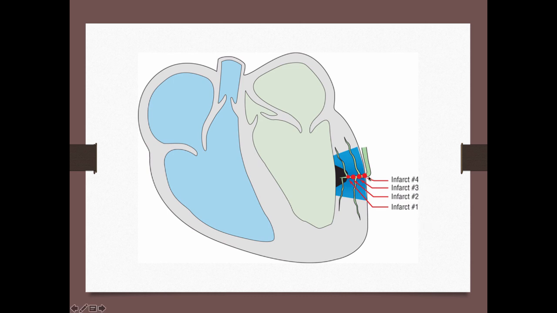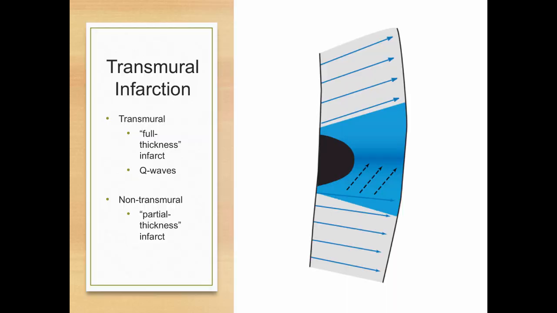So if I'm super upstream, I've got infarct number 4 up here, that's going to affect this entire area. But if I am a tinier clot way downstream, it's just going to affect this tinier area. Once you go to the cath lab and see these images, where is the clot in that coronary artery, or within that branch of the branch of the branch? Based on how upstream or downstream that clot is, these are going to produce these transmural or non-transmural